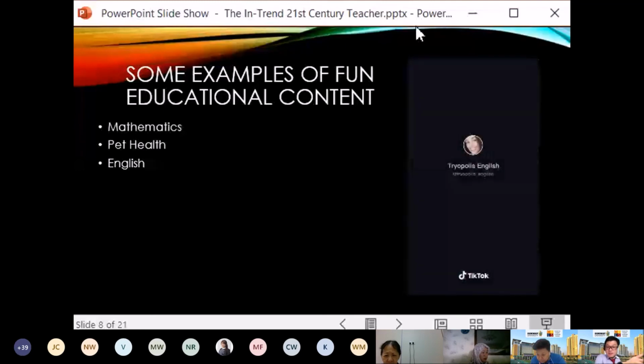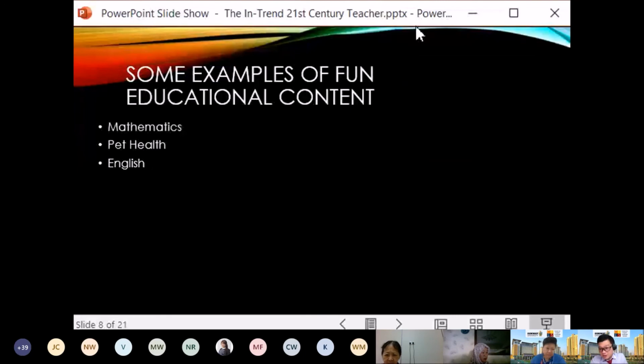Okay, so you see this one, it doesn't involve dancing. So it comes to the question by Mei Peng: what does KPM think about teachers dancing in public? You don't have to dance. On TikTok, you don't have to dance in order to capture attention. You can do what she did just now, just by explaining, or even just take shots of educational content. You can do that, all right?